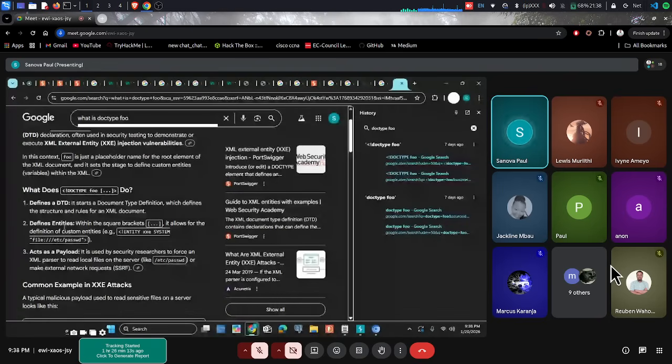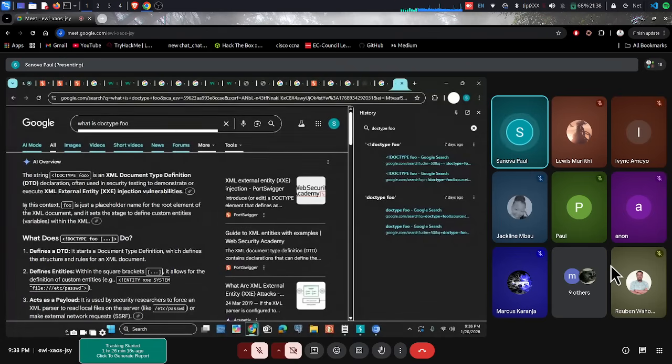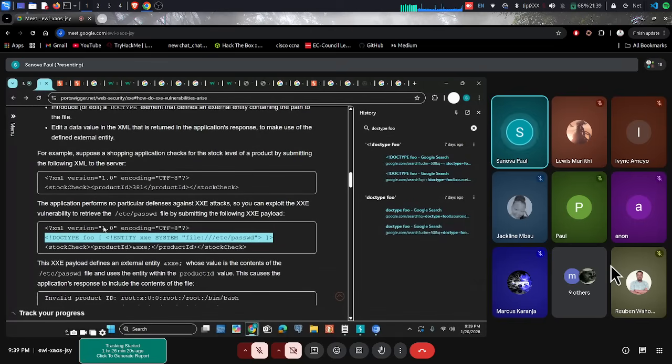So in this context, foo is just a placeholder name for the root element of the XML document, and it sets the stage to define custom entities, variables within XML. Do you remember tukisema DTD is just a placeholder? So I can also say doctype instead of doctype HTML, naanza na doctype whatever. Doctype foo, whatever, you can just put, it's just a placeholder. So exclamation doctype foo, and then this parent,